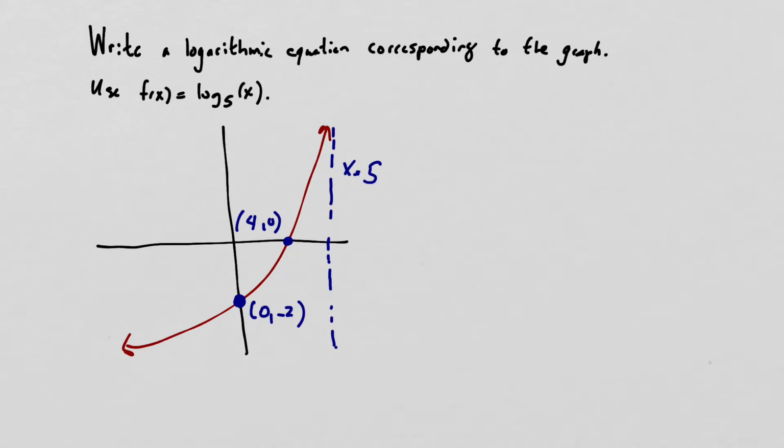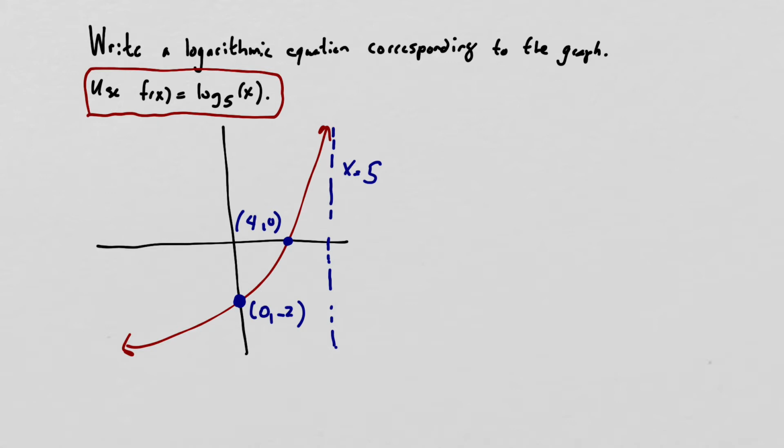So in this problem, we want to find a logarithmic equation corresponding to the graph given below. What we're given also is the parent function, which is given by log base 5 evaluated at x. So what we need to go ahead and do is identify some information that we can obtain